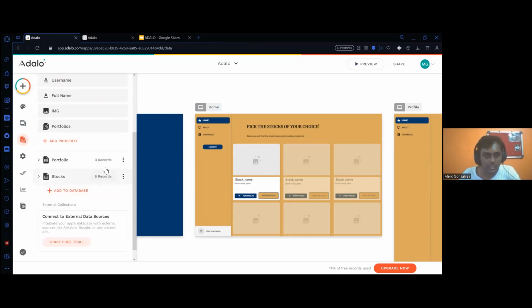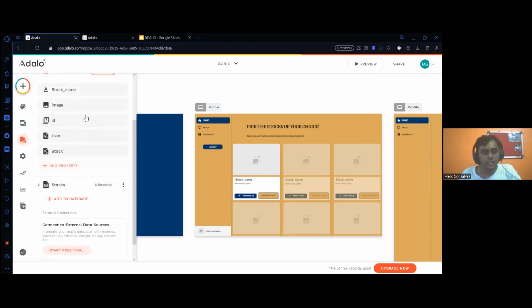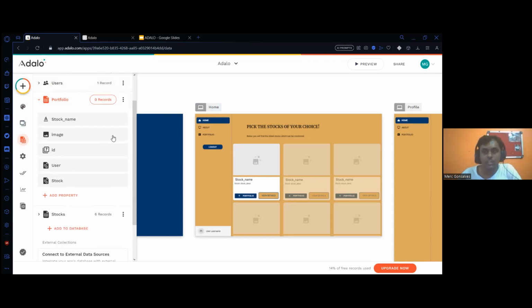And then this will be the relationship. So these are again for the portfolio. This is for the user's portfolio. Every user will have a portfolio if they have to add stocks which they want to monitor or something. So again, we'll have the stock name, the image of the stock, its ID,